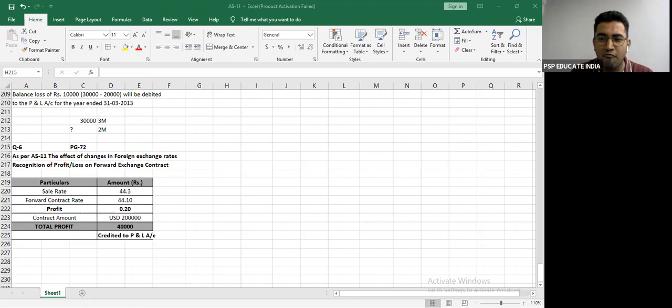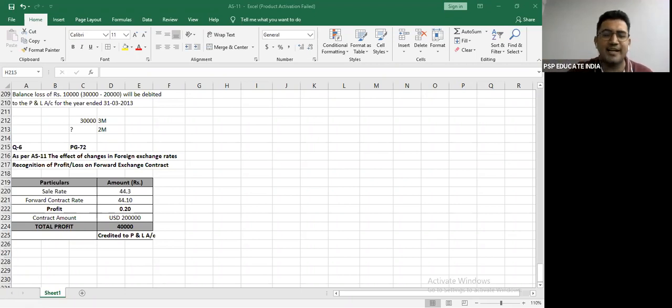Please understand the meaning of forward contract rate: हम आज ही फ्यूचर वाला रेट डिसाइड कर रहे हैं, इसको हम कहते हैं फॉरवर्ड रेट, कि आगे जाके कोई भी रेट होगा, हमारा डील हुआ है, हमारा कॉन्ट्रैक्ट हुआ है, हम आपके साथ डील कितने में करेंगे 44.1, फिर आप उसको सेल करते हो, आप उसको यूज करते हो, आप हेजिंग करते हो, उससे बैंक को कोई इंटरेस्ट नहीं है। आपके साथ डील हुआ था 44.1, हम आपको 44.1 में डॉलर दे देंगे, उसके बाद आपको जो करना है आप करना. So in this case, typically, this person will go to the bank, buy at 44.1, and he